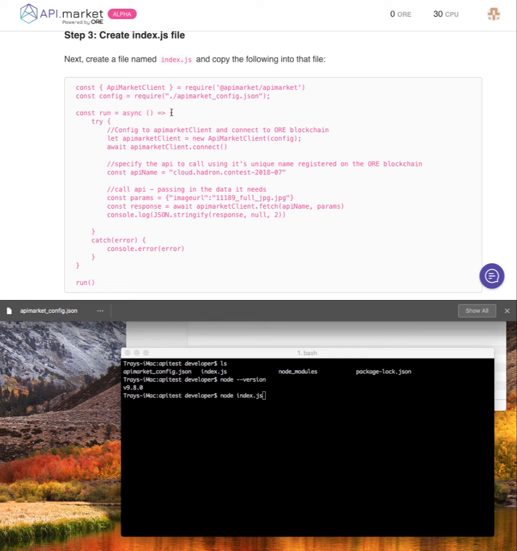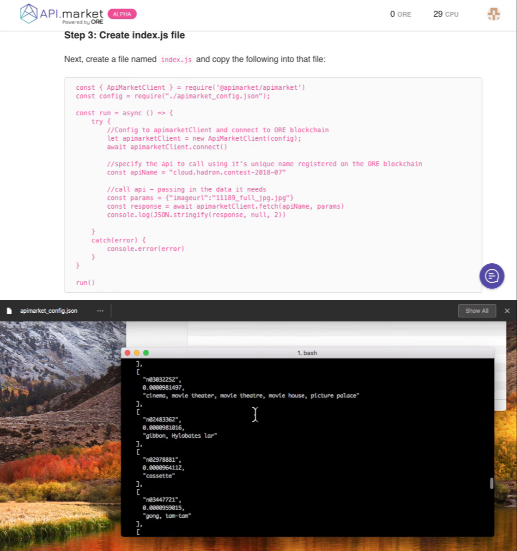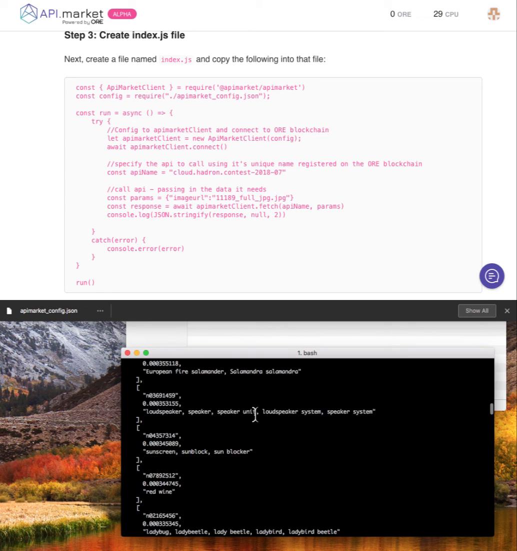And notice we're using the ES6 notation for async and await, just to make it a little bit more modern. So now let's run the API by just typing node index.js, hitting the enter key. It will unlock the wallet, go hit the API, and come back with the results. So you can see here, it thinks it found quite a lot in that image. If you scroll all the way to the top,